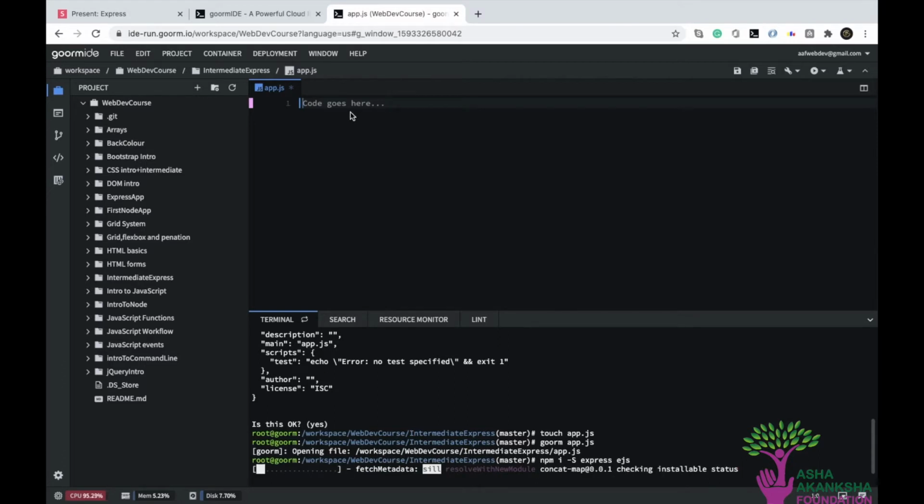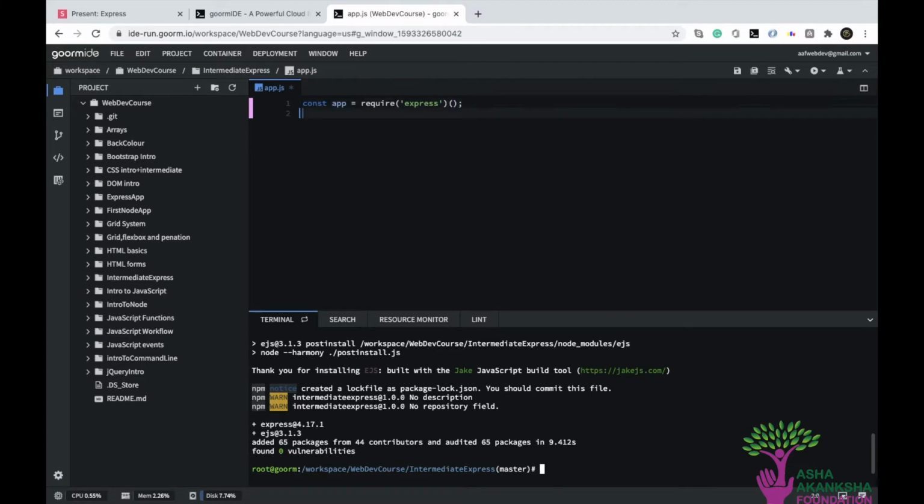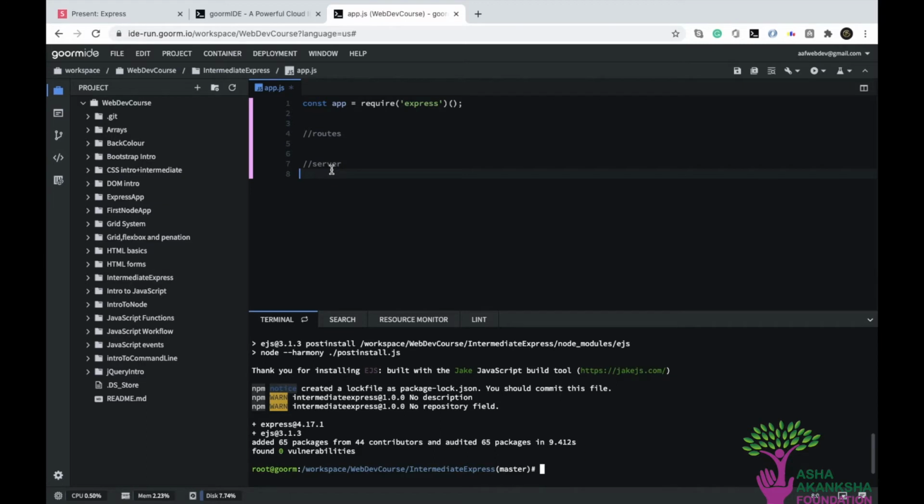And while that runs I can go here and start writing my code, right? So first off, I'll just get Express, right? Like always, I'll do const app is equal to require express, right? And now the next thing, I have to make routes, and I have to make the server, right? All right. So the first thing, we'll set up the server. The port is 3000 like always, right? So I'll do app.listen 3000